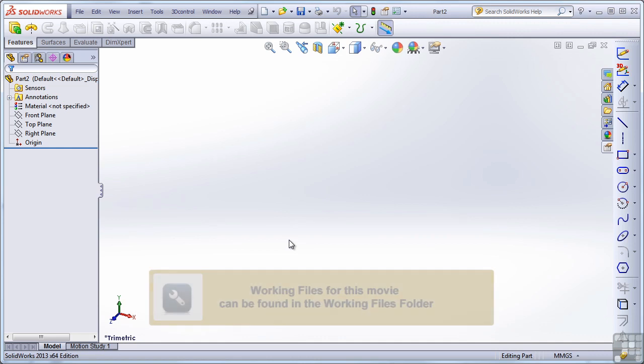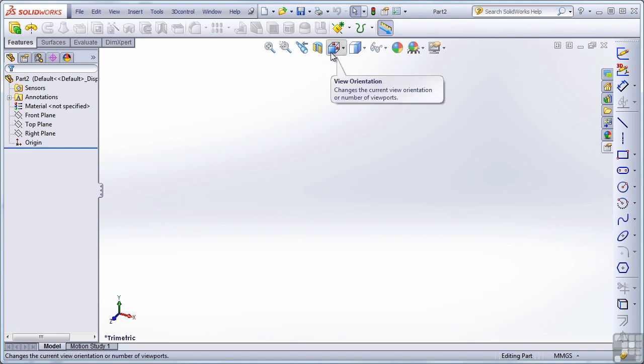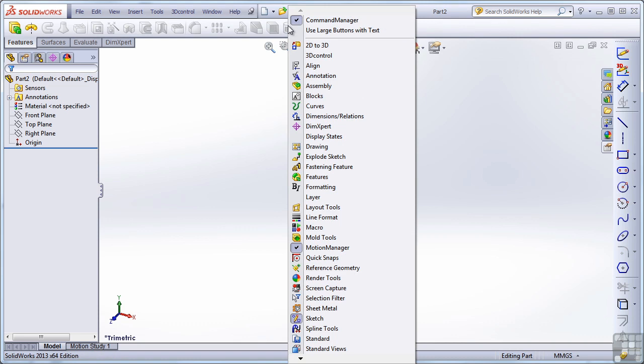In this lesson, we're going to continue to customize the SOLIDWORKS interface. Let's start with the heads-up view toolbar. Some old-time users prefer to use other methods to access the view toolbar tools. One of those methods would be to use the actual view toolbar in the wasted space that SOLIDWORKS has already provided. We'll access this menu by right-clicking inside the command manager,